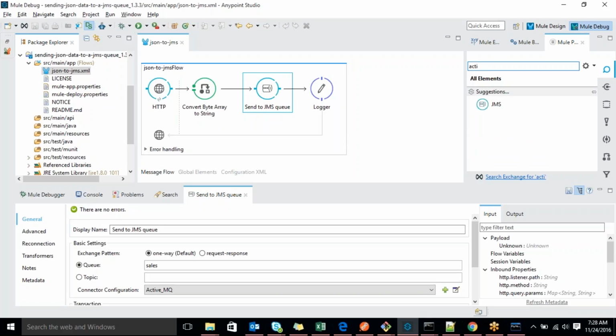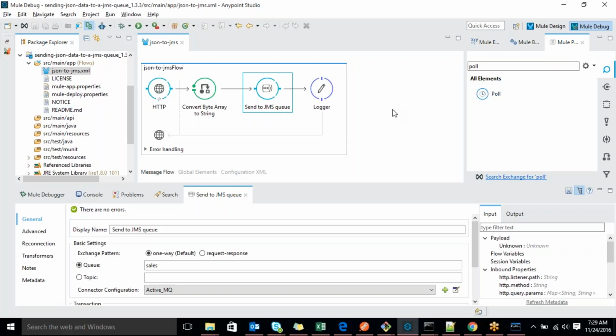Whenever the message is there inside the queue, that will pull it. For that we need to subscribe to it. It will keep on checking, so whenever the message is there in the queue, it will pull it. Or else we can use a poll component. Inside poll we can keep that JMS thing. We have to give some poll time, every 5 seconds, every 5 minutes, or a refreshment time. Then it will go and check, and if the message is there, it will pull it out.